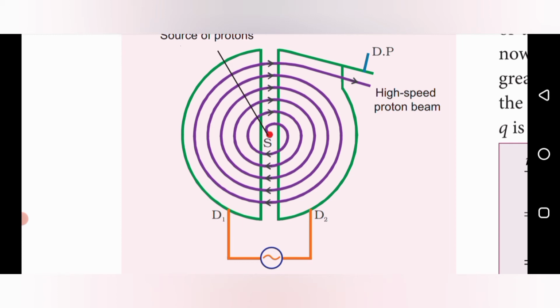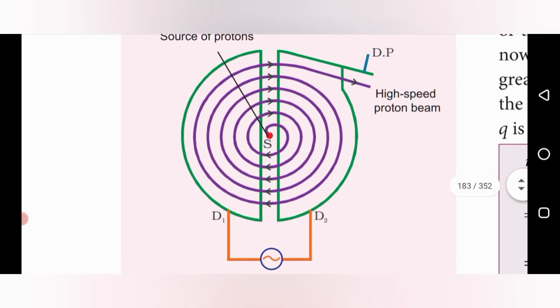This circular motion requires a centripetal force on the charged particle q, which is provided by the magnetic Lorentz force here. So we have to equate the two force values, that is, the centripetal force is equal to the magnetic Lorentz force. That way we find the radius r, and also the frequency, the time taken, and then the kinetic energy of this charged particle. Let's see the expression now.